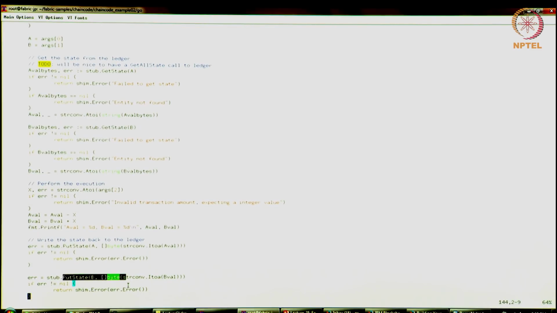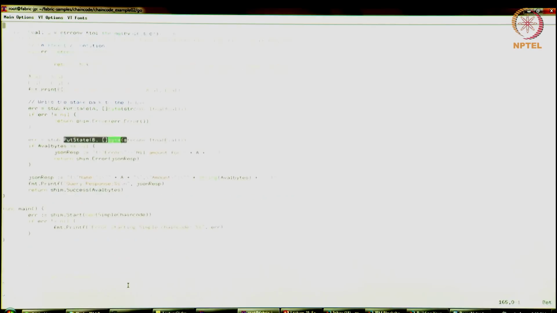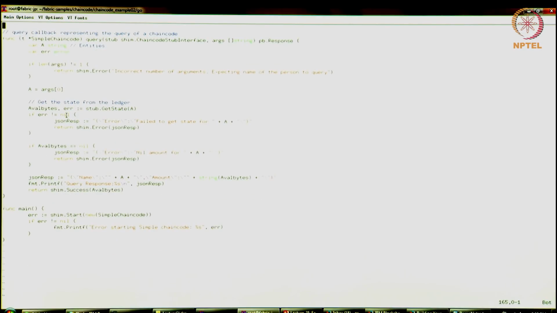So that's really what this chain code is about. Separately, there is also a query function where you can just ask for the account balance. What's the account balance for A, or what's the account balance for B? It will return the balance. It will query the ledger. This is the get state function, and it will return that to the user. So that's all this chain code is about. Just account balances, and it allows you to transfer X units from one account to another.